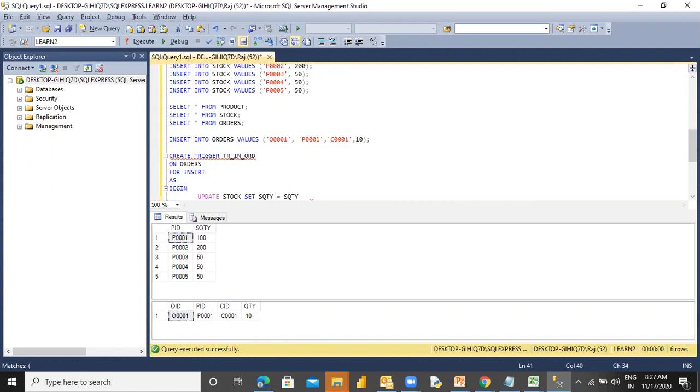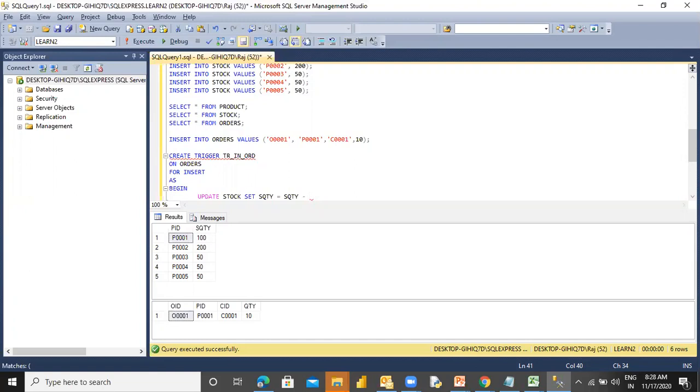So the value on which we want to operate is on the way. It is not exactly in the table. Simultaneously both things happen: the record is coming in and the stock is also getting updated. So we cannot extract this value from the orders table.